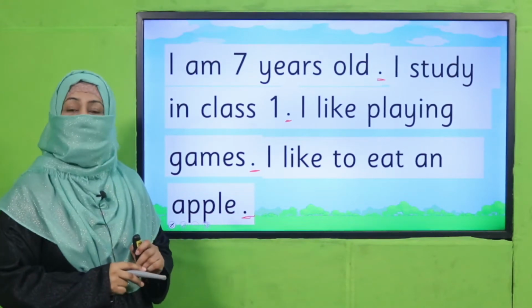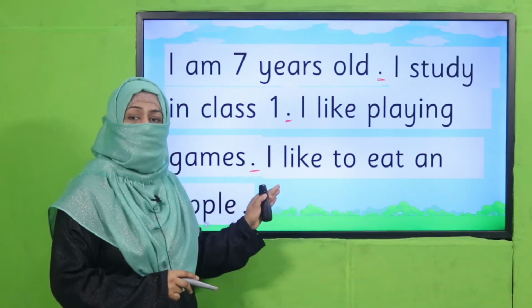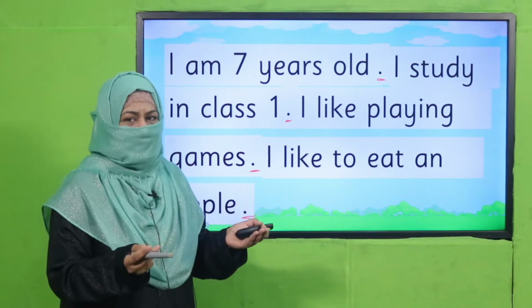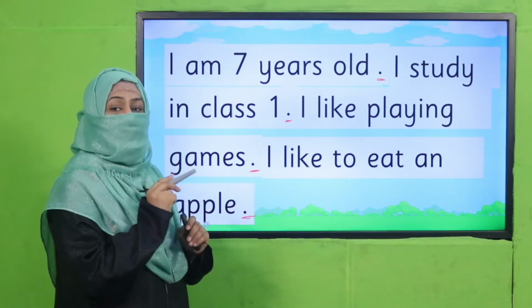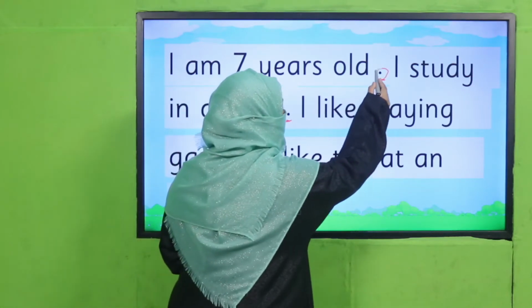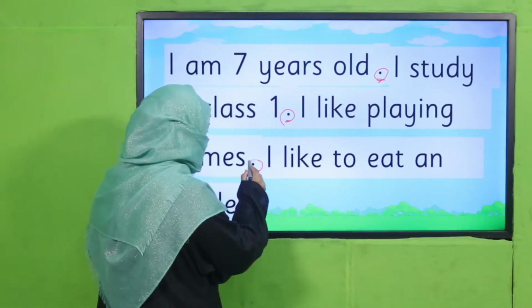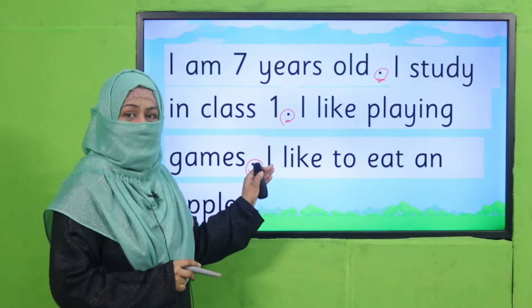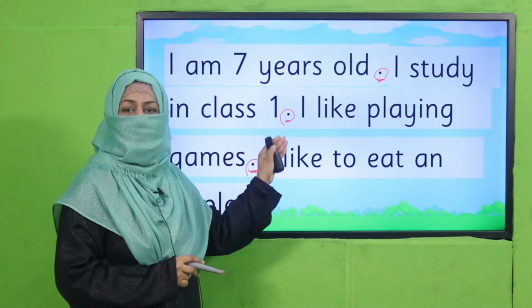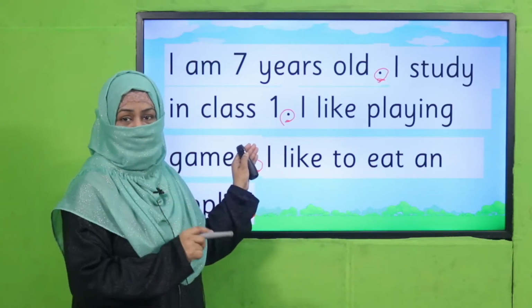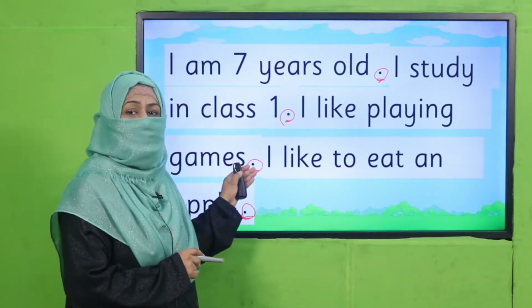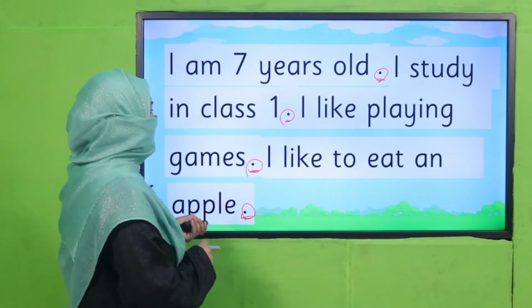Now you see, beta, this is how, if we don't put punctuation marks, we don't put full stops or commas, our writing will not make any sense. That's why when we are writing, we use punctuation marks so that the person who is reading should be clear what we want to say. This is the purpose of punctuation marks. That's why we have to learn how to use these punctuation marks correctly, right?